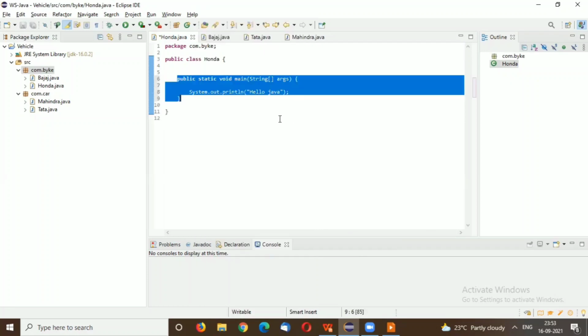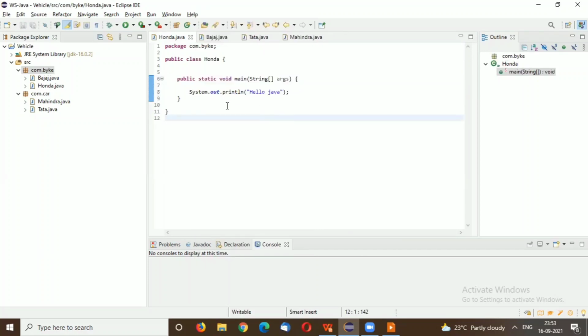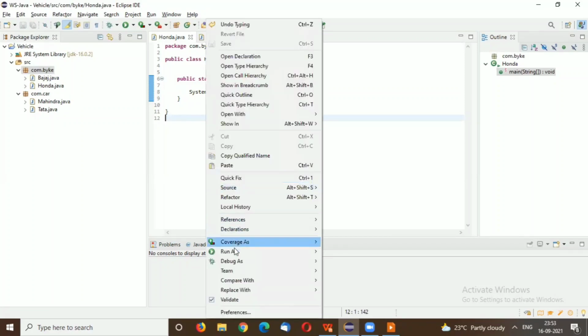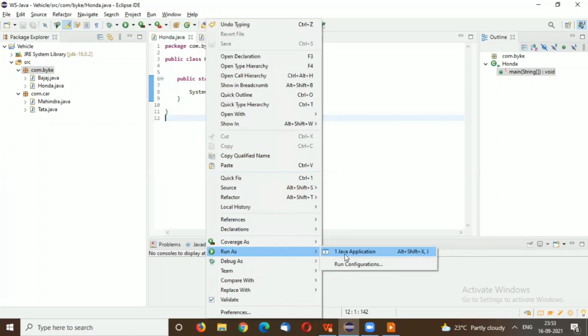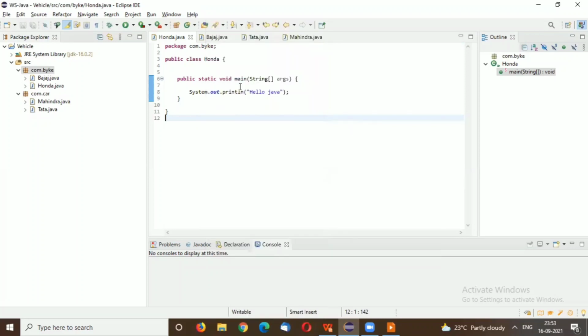If I write a main method, and after that print some statement here like hello Java, and if I right-click this time, you can see the Run As Java Application option is showing. So I can run the Java program only within a main method. Without writing a main method, you can't run any Java programs. So the Java main method is a very important point while running any Java program.